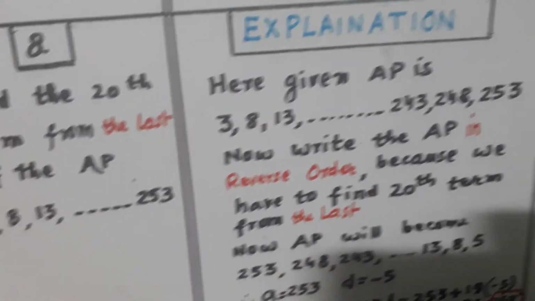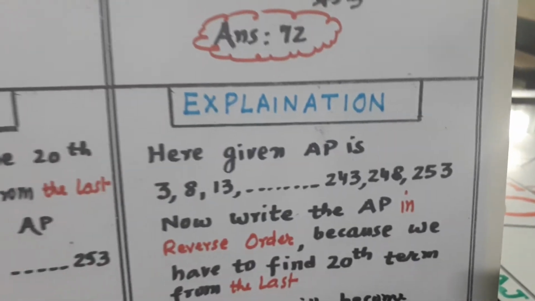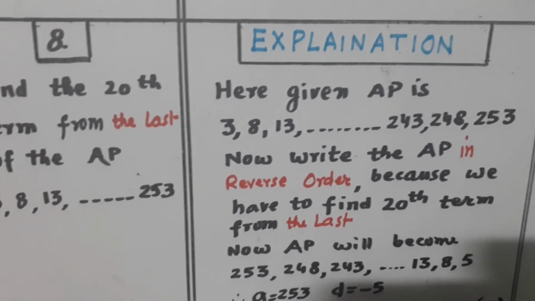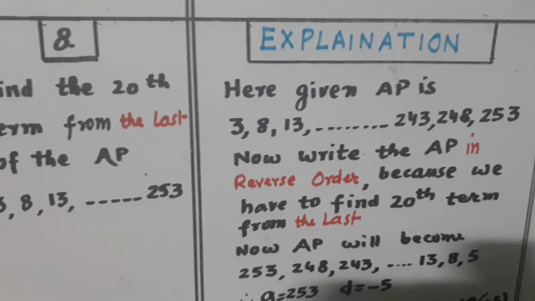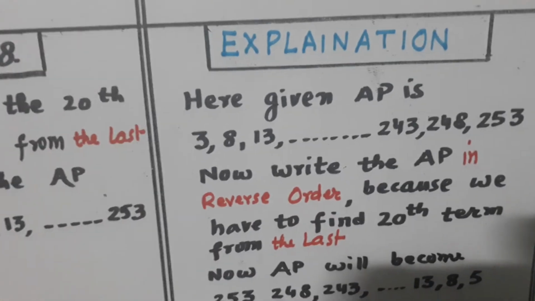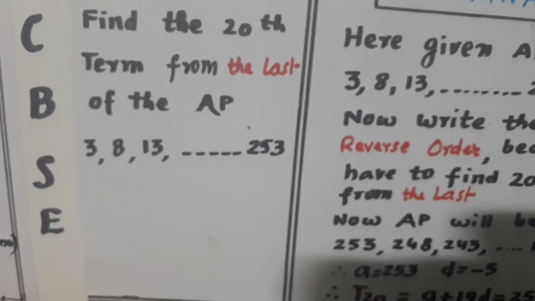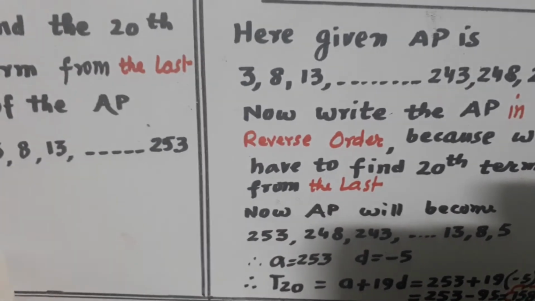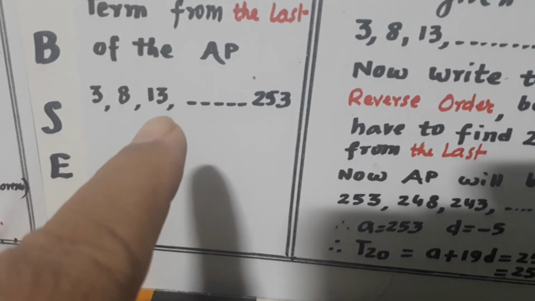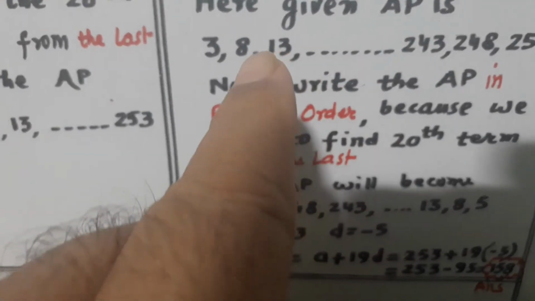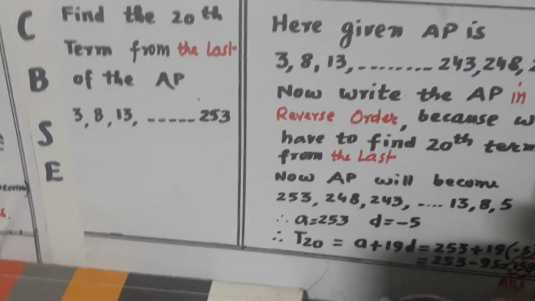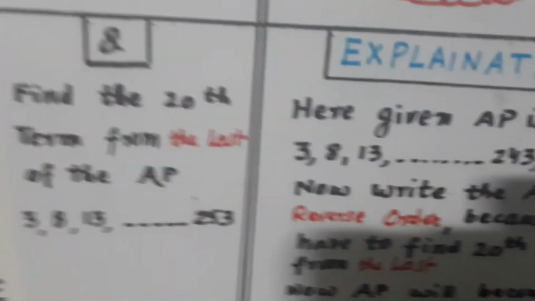अब आपको लास्ट से निकालना है. इस चीज़ को दिमाग में रखिए कि AP का जब भी हम कोई भी टर्म निकालते हैं या सम निकालते हैं वो फ्रॉम बिगनिंग होता है. तो इसलिए ये देखिए, आप इस AP को मैंने थोड़ा सा ऐसे लिख दिया है. This is 3, 8, 13 to 53. ठीक है. सो अब 5 ये बढ़ रहा है.